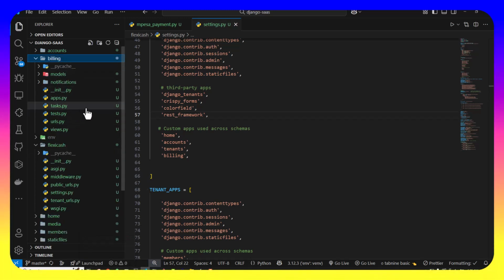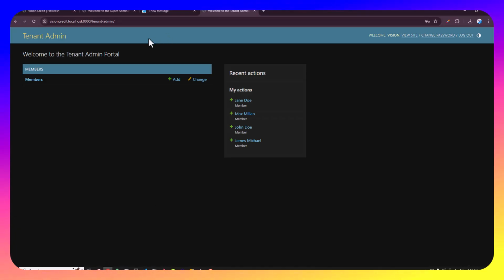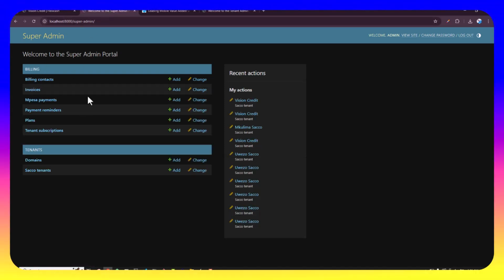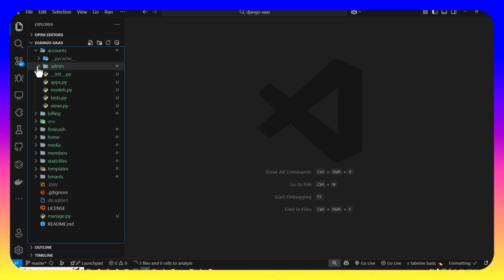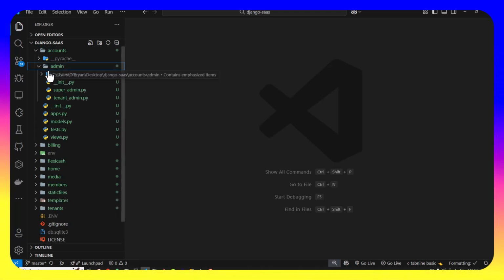billing admin.py, what will happen is that the tenants will be able to see all those subscriptions, all those invoices and everything. That's why I created a separate admin dashboard, so that the tenants do not have access to the invoices, all the notifications and everything. That should only be visible to the super admin. So in order to implement that, in accounts I do have a directory again for super